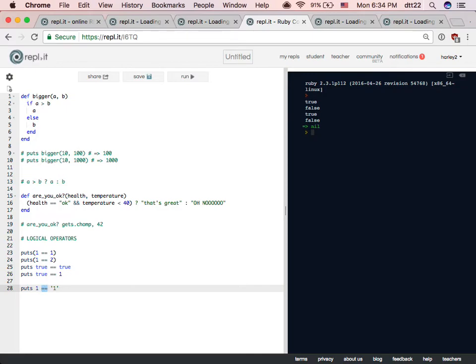1 equals 1. So is number 1 the same as the string 1? Sorry, it's the same as this, but it's easier to understand. Is the string 1 equal to the number 1? Just say yes or no, doesn't matter. It's okay to be wrong. It's all true or false, okay? This is true or false.